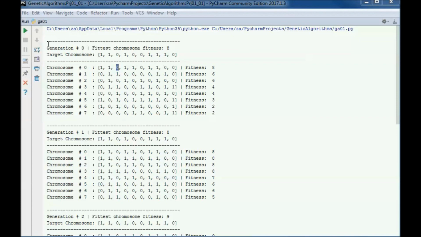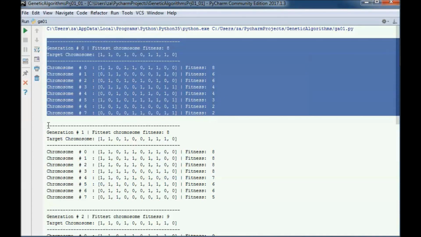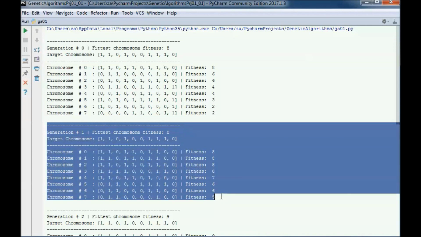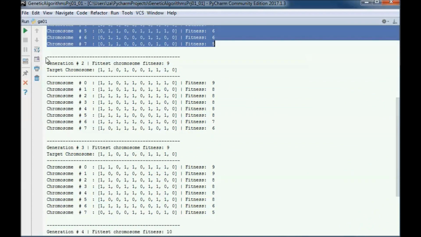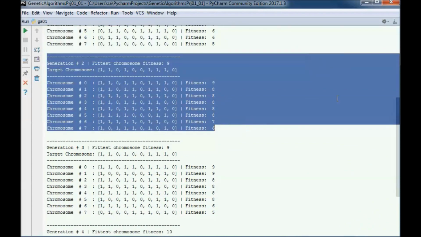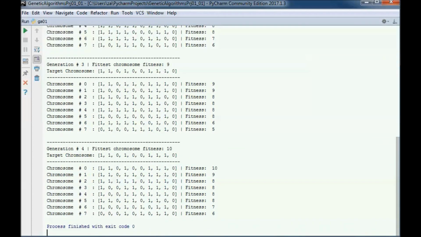and we evolve from one generation to the next by doing selection, crossover, mutation, and elitism, and I will be going over those while writing the code. So this genetic algorithm ends when one of those chromosomes reaches a fitness of 10, since we have 10 genes. So all of those are the same as all of those genes.